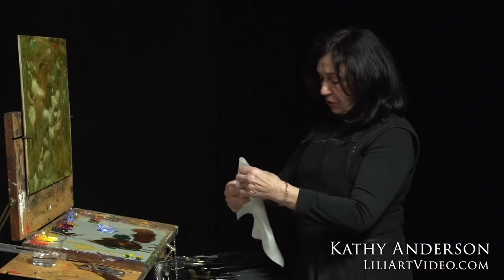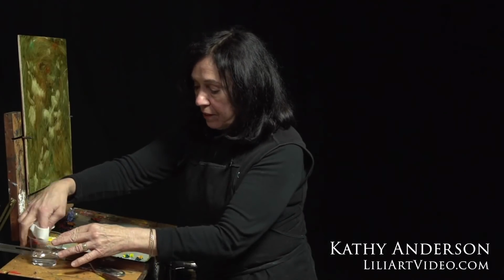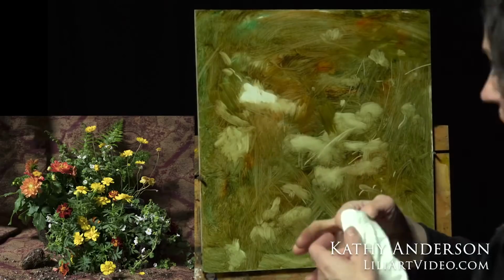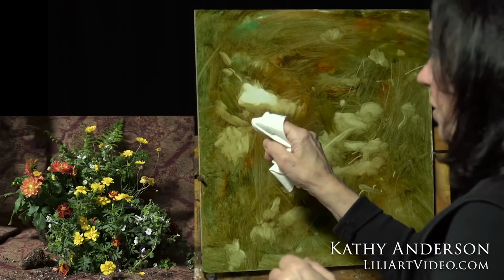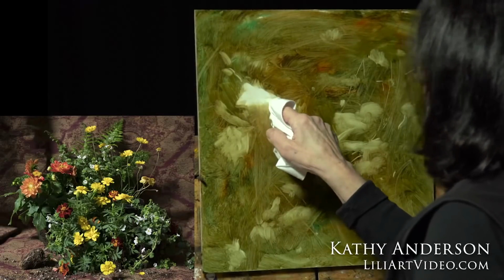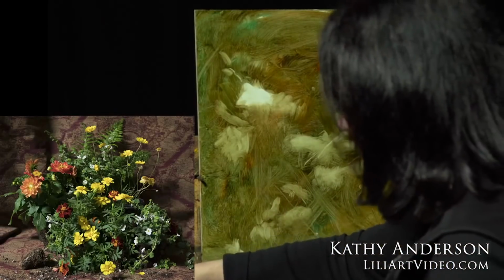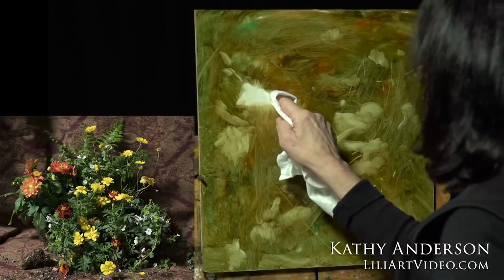So the next thing I'm going to do, I want to get down right to the canvas where I want some beautiful, pure color, because I don't want to be pulling up this background color. One thing Nancy, my dear friend Guzik, Richard's wife, she paints the most beautiful yellow flowers, and she said painting yellow on a white canvas is what makes the color so clear. So sometimes if something's in the shadow, I might leave some of it, but for the light parts,